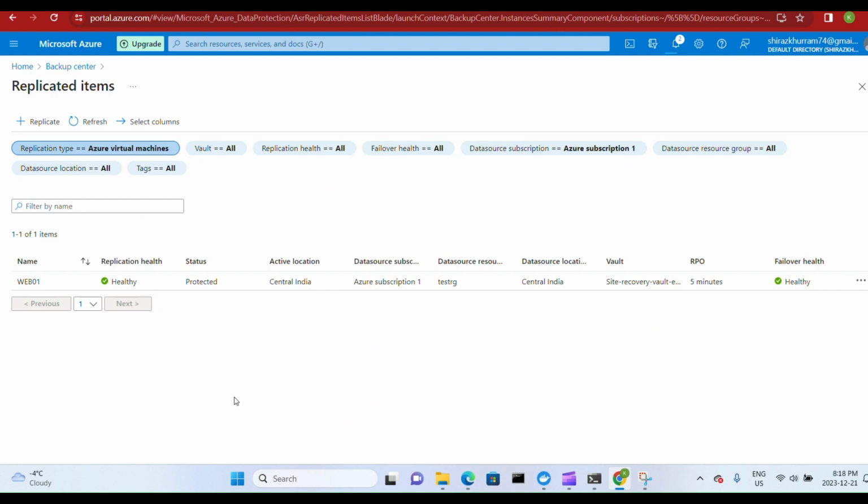As you can see now in the backup center, if I go to my ASR jobs and see the status right now, I think everything is successful here. Let's go back to the ASR replicated item. And as you can see, the Web 01 is healthy and protected. So at this stage, you are ready to do either the actual failover, or you are also ready to do